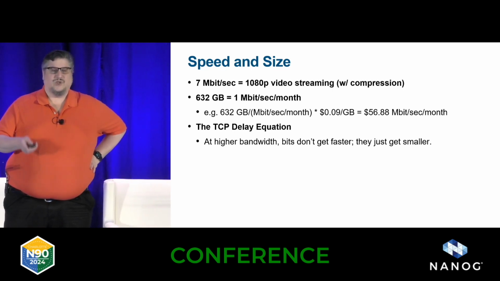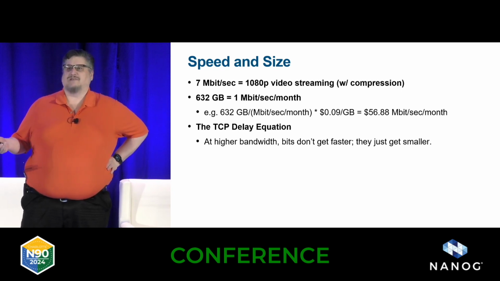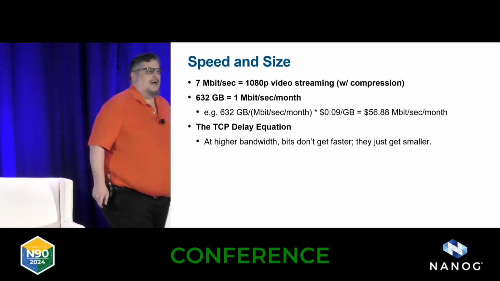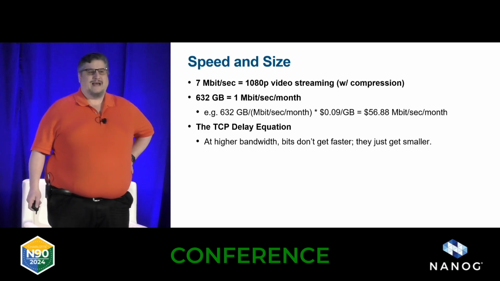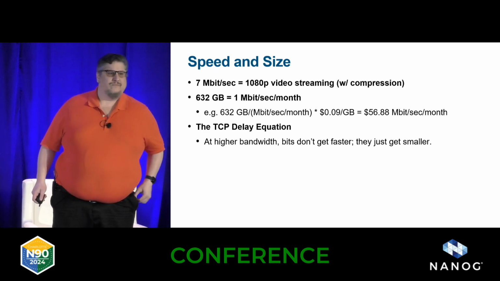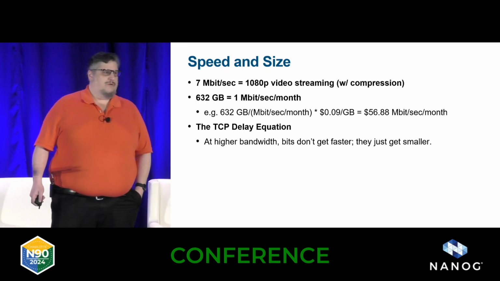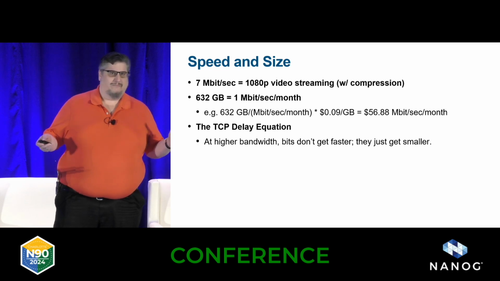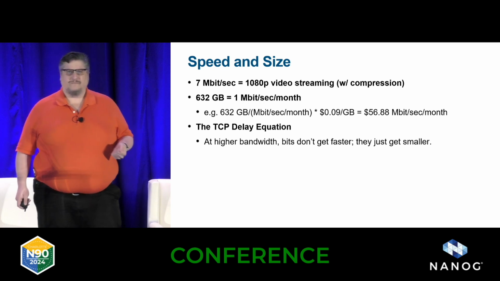And also the TCP delay equation. Show of hands, how many people are familiar with the TCP delay equation, the Mathis equation? Scattering of you, okay. So I'm not going to go into the whole thing, we totally don't have time, but what I am going to say is that if we hold packet loss to be negligible, it basically works out to saying that the amount of bandwidth you can send over a single TCP connection is, give or take, given typical maximum segment size, an inverse of your round trip time.